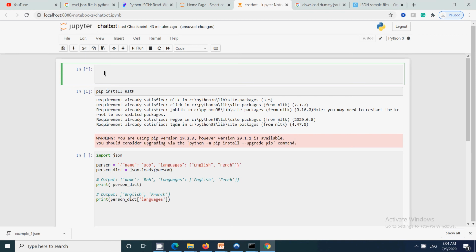So we will start with creating a chatbot. As I said, the first library that is very important for chatbot is NLTK. So we will import this from nltk.chat.util import